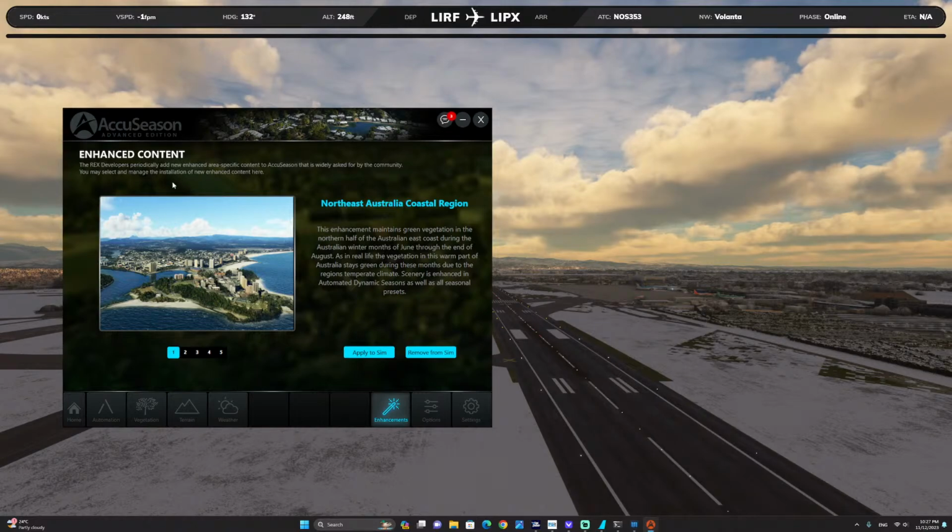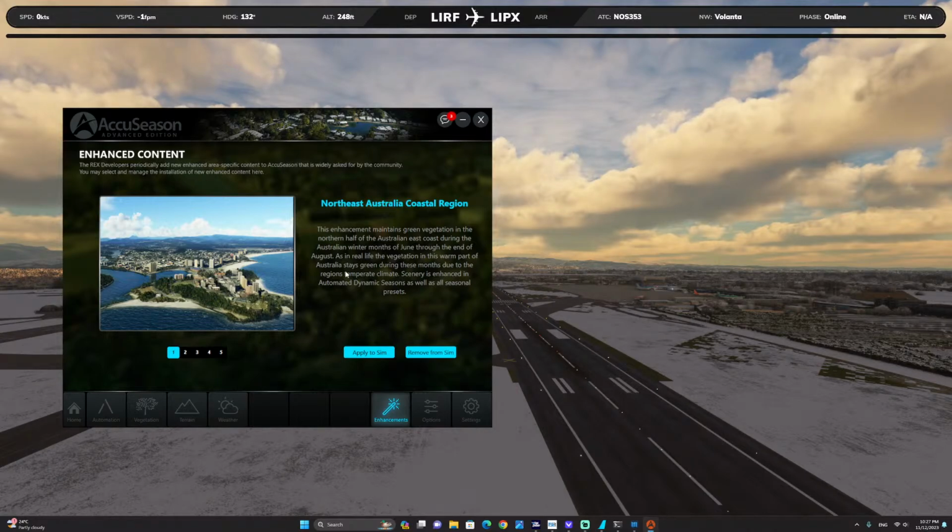For specific areas, you have several enhancements as well. So for example, you've got the Northeast Australia coastal region, and it says this enhancement maintains green vegetation in the northern half of the Australian east coast during the Australian winter months of June through the end of August. As in real life, the vegetation in this warm part of Australia stays green during those months.